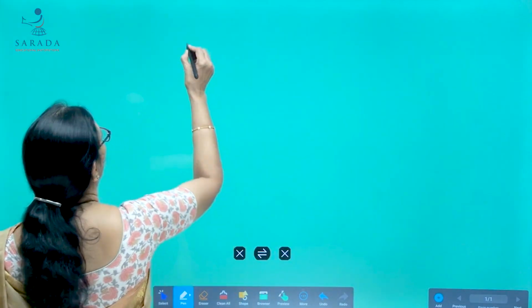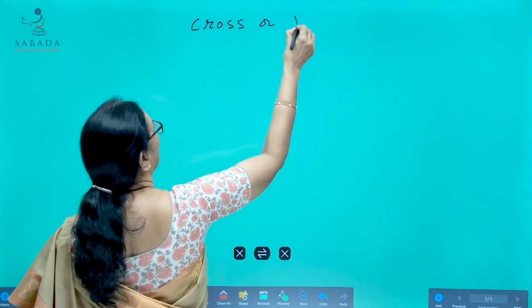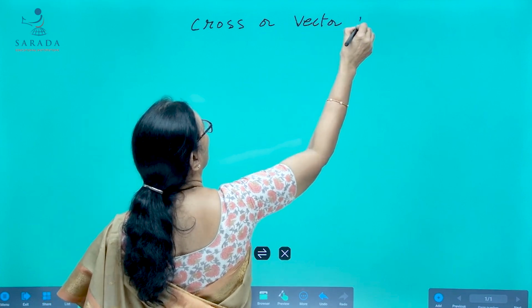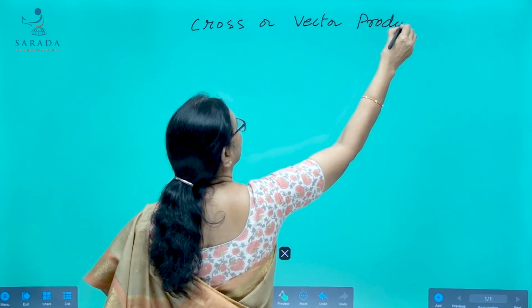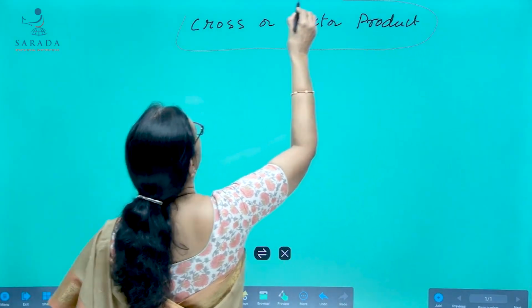Good morning. So today I am going to explain the cross product or vector product of two vectors. If we multiply two vectors in such a way that their product is a vector quantity, then that product is called the cross product or vector product of two vectors. So here, by multiplying the two vectors, if we get